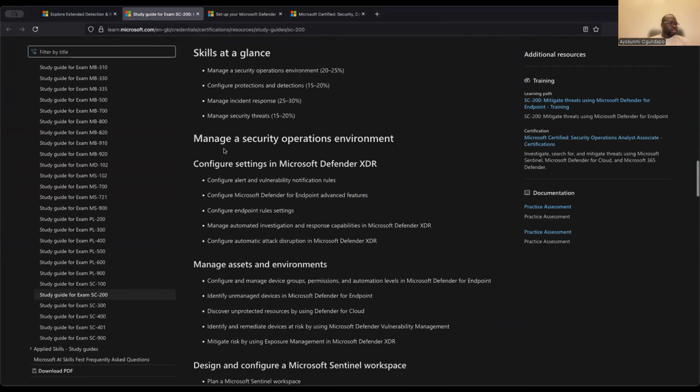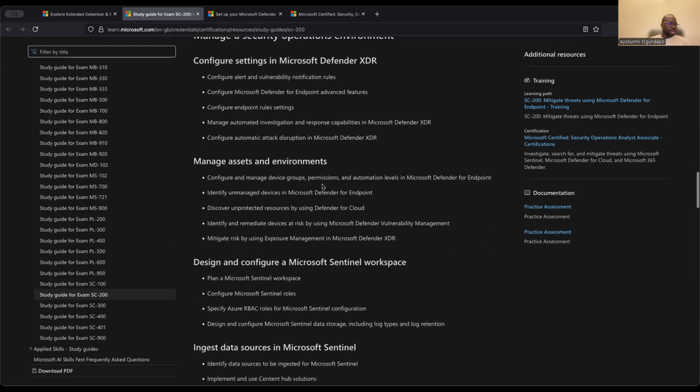And you can see, first of all, Microsoft wants us to learn about manage a security operation environment, starting with configure settings in Microsoft Defender XDR, how to configure alert and vulnerability notification rules, configure Microsoft Defender for Endpoint advanced features, configure endpoint rule settings, manage automated investigation and response capability, and configure automatic attack disruption using Defender